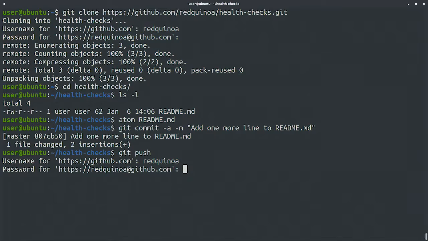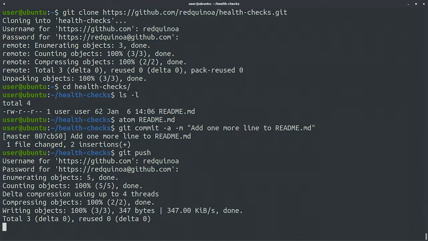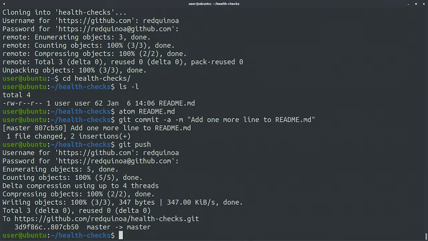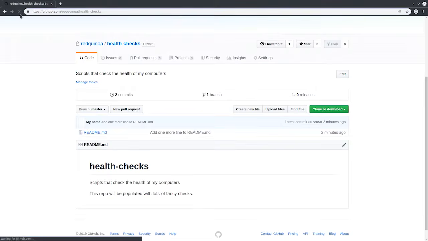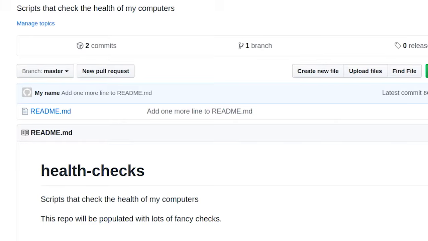Once again, we're asked for our password. After that, we see a bunch of messages from Git related to the push. So if we check our repository on GitHub, we should see the updated message. When we access our project, we see the contents of the README file. Pretty cool, right? We've taken the local changes on our computer and pushed them up to a remote repository hosted